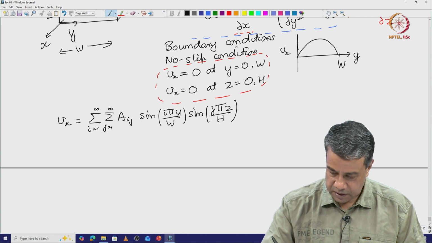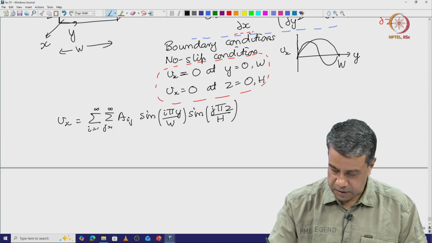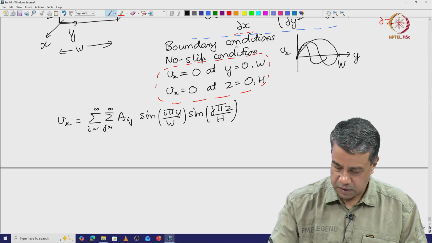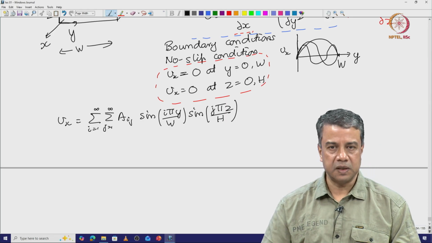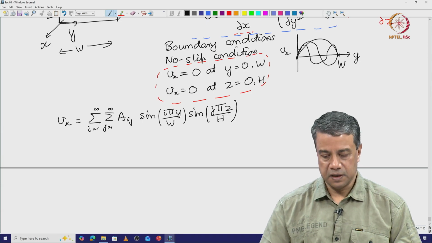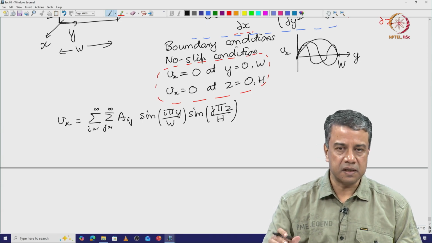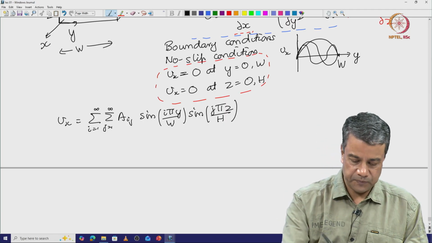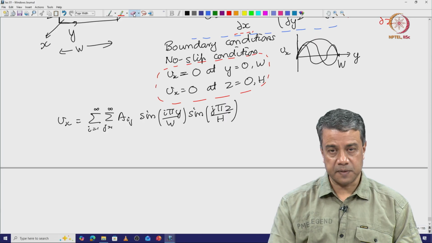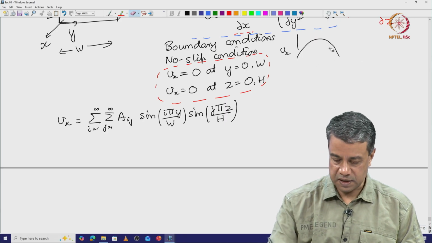The first one like this, the next one like this, the third one like this, and so on, having more and more maxima and minima as I keeps increasing. Any function can be expanded in a series of functions like this. Similarly, in the z direction. Therefore, I can use this expansion in order to express the velocity field,